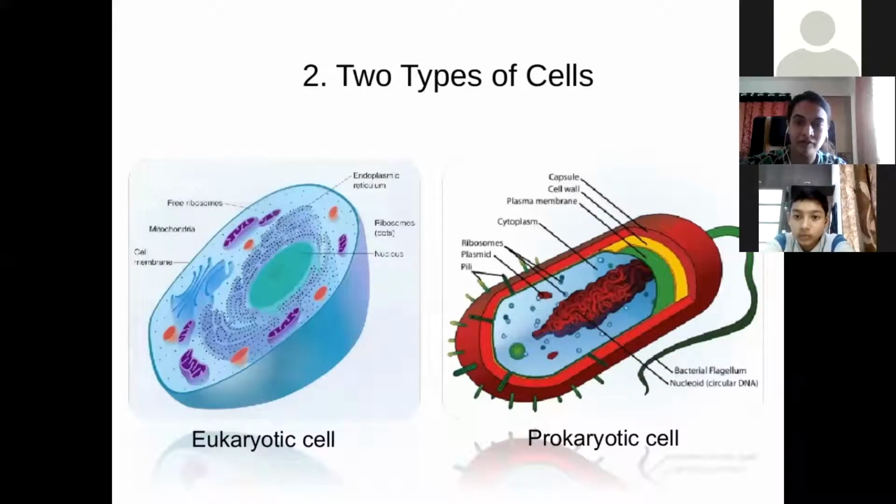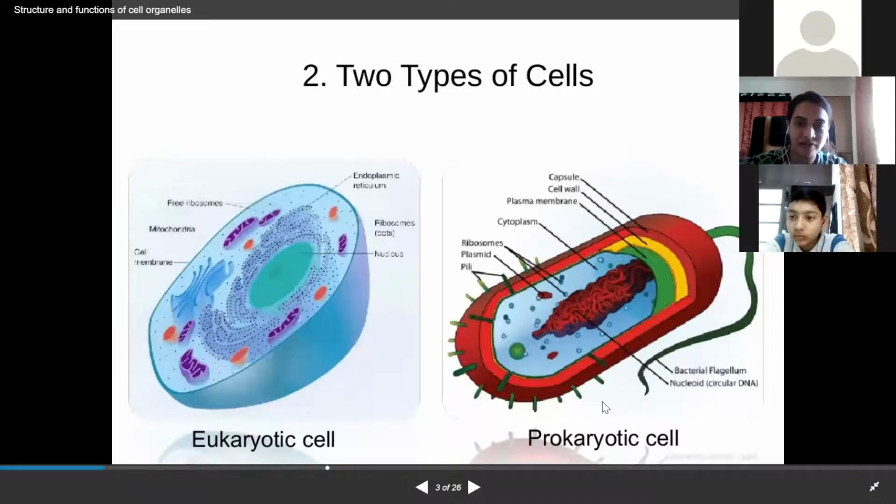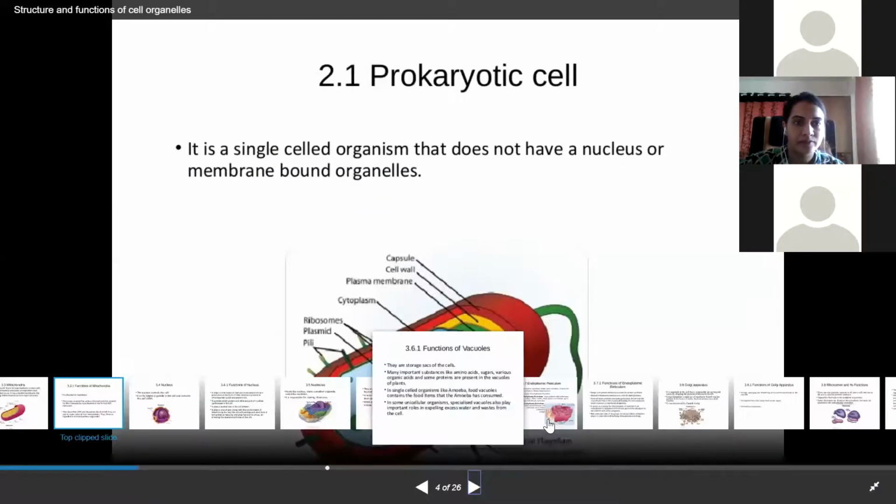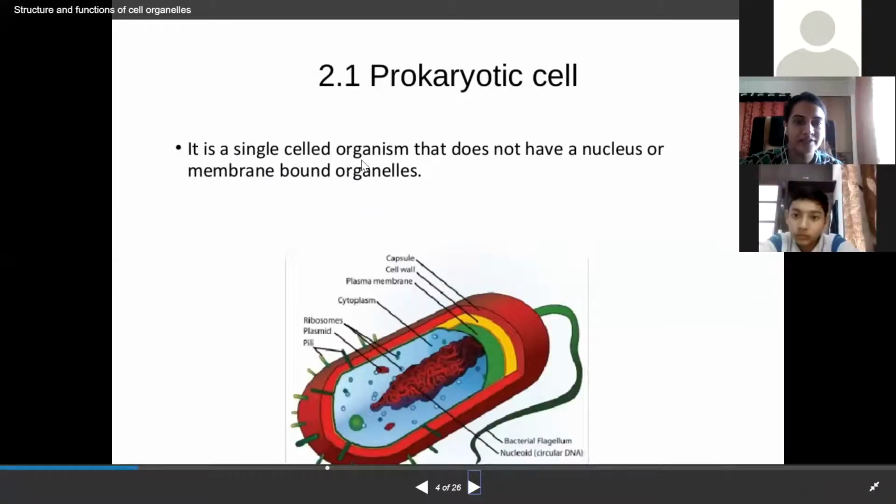Whereas in a prokaryotic cell, all these structures are missing. You will see a few ribosomes, and there's a very distinct cell wall and capsule in a bacteria especially. Okay, and you will see that the DNA or genetic material is in the form of just strands floating in the cytoplasm. They are not properly enclosed in a nucleus. So this is what I was saying. It's a single celled organism, no nucleus and no membrane bound organelles.